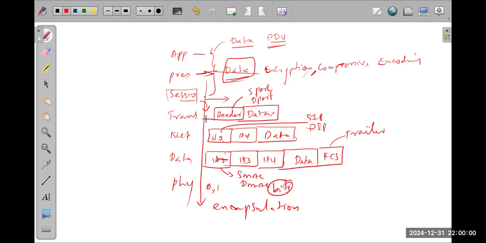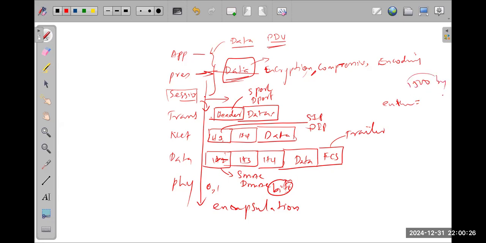When it comes to the transport layer, the data may come as 1 GB or 1000 MB, or 500 or 200 MB, something like that, right? So you cannot send all the data at once, because if you come to the Ethernet frame, it can have only 1500 bytes.